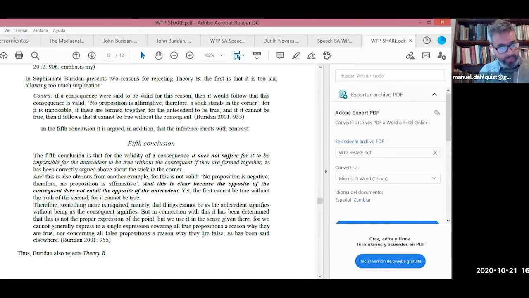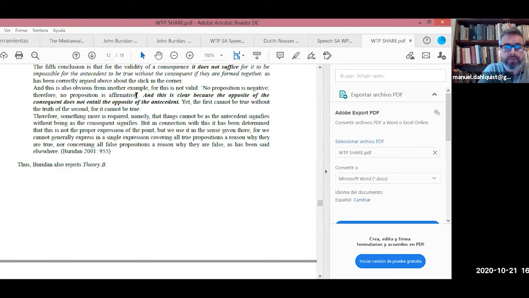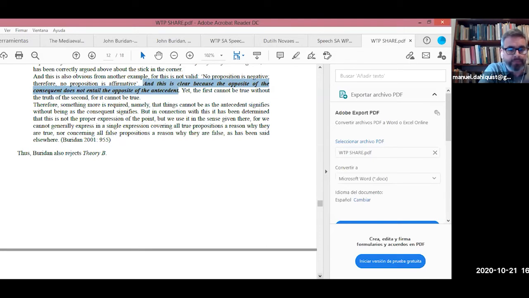As you can see in the text, in the fifth conclusion, it is argued in the second part that the inference is not valid because the opposite of the consequent does not entail the opposite of the antecedent. Thus, Buridan rejects theory B basically for failing to meet contraposition, or the rule of contraposition. It's clear here. Because the opposite of the consequent doesn't entail the opposite of the antecedent. Well,